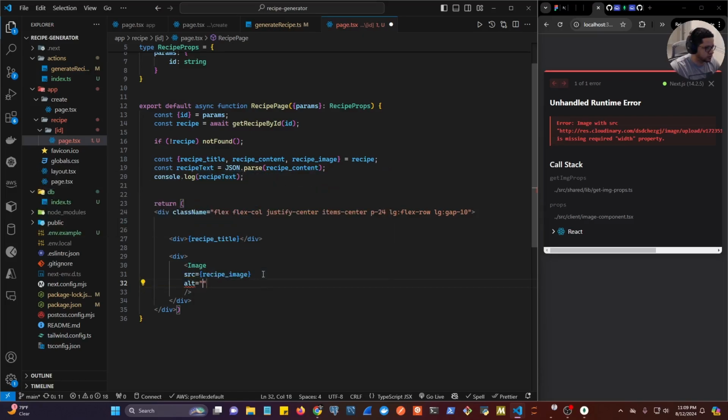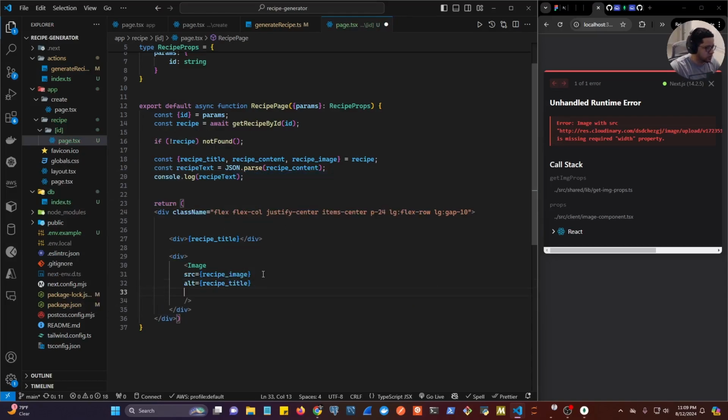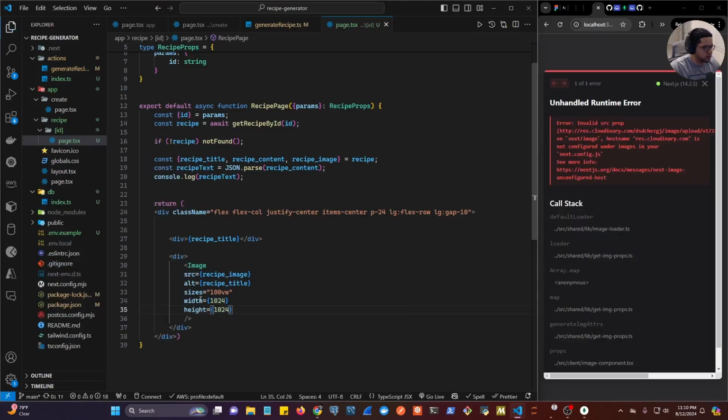Let's set it to just the recipe_title. Let's do sizes. So sizes, set it to 100vw, so it can take the whole entire space inside of this div. And then we're going to say width is going to be 1024, height 1024. Save it, and now we have